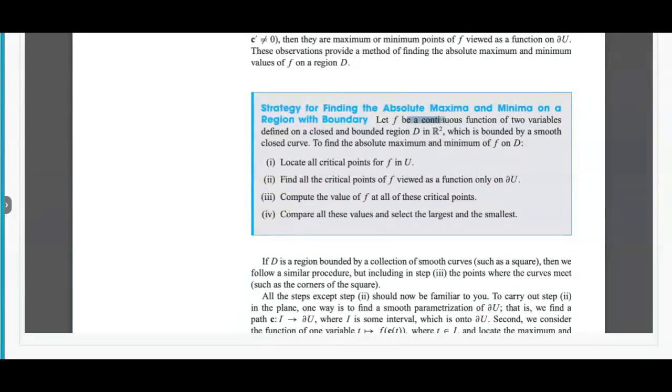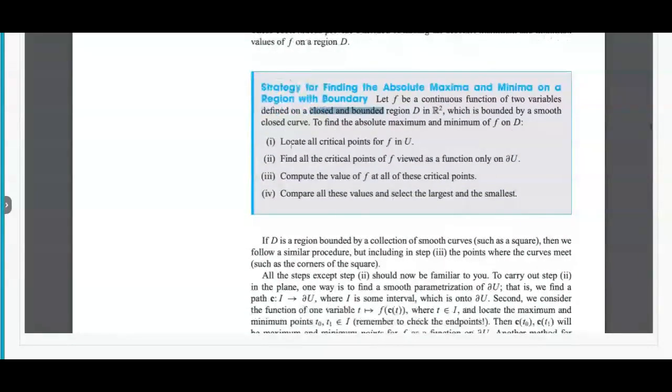So f is a continuous function of two variables on a closed and bounded set. Whenever we talk about absolute maximum and minimum, the extreme value theorem gets involved, which means we require the domain to be closed and bounded. Locate all critical points, because a closed and bounded set